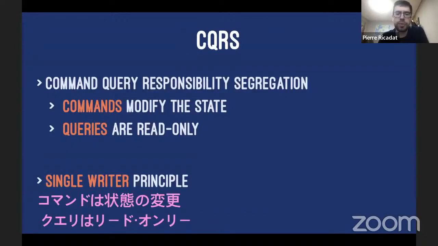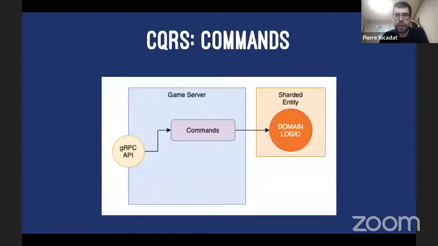There are two important concepts to understand about our architecture. I don't have time to explain them in detail, so I'll just mention them briefly. The first one is CQRS, Command Query Responsibility Segregation. I have some diagrams to explain it. Basically, when we receive a request from the client, if it's a command, something that modifies something, like add, update, and so on,